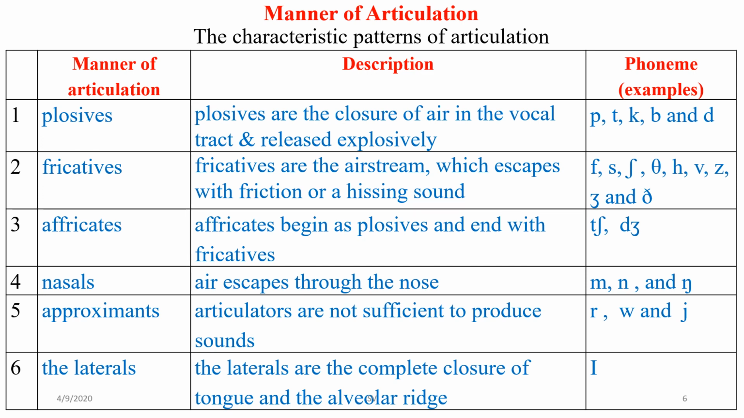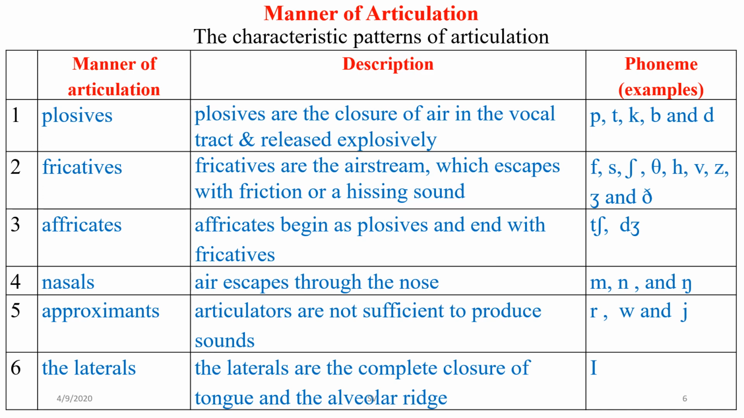Number 1, plosives. Plosives are the closure of air in the vocal tract that is released explosively. The examples are p, t, k, b, and d. Number 2, fricatives. Fricatives are where the air stream escapes with friction or a hissing sound. Examples are f, s, sh, th, h, v,